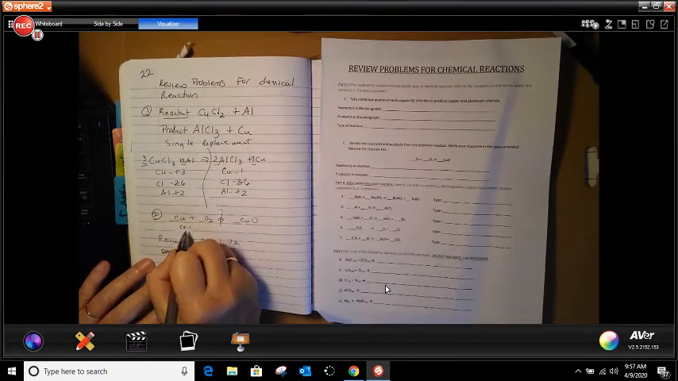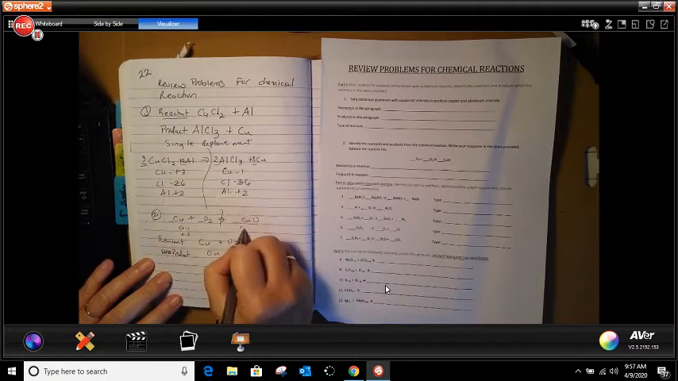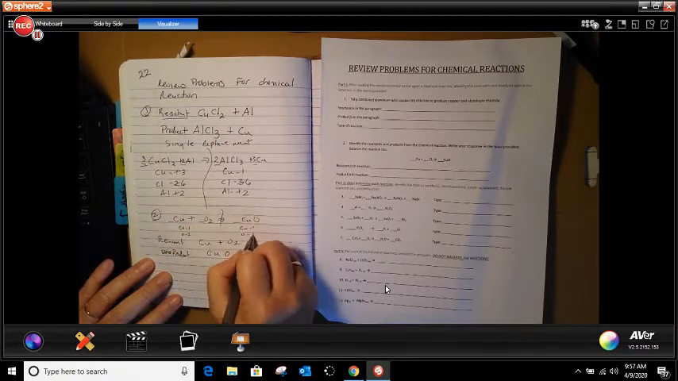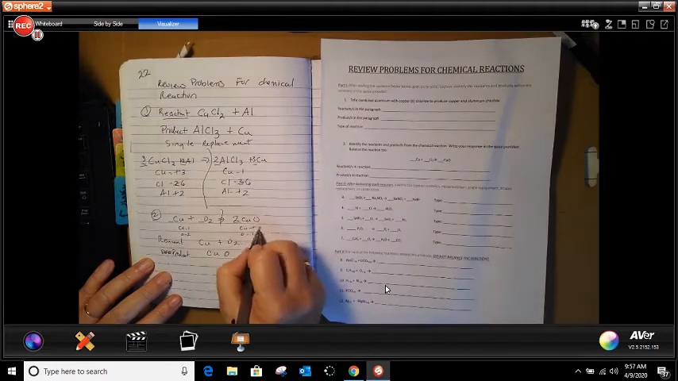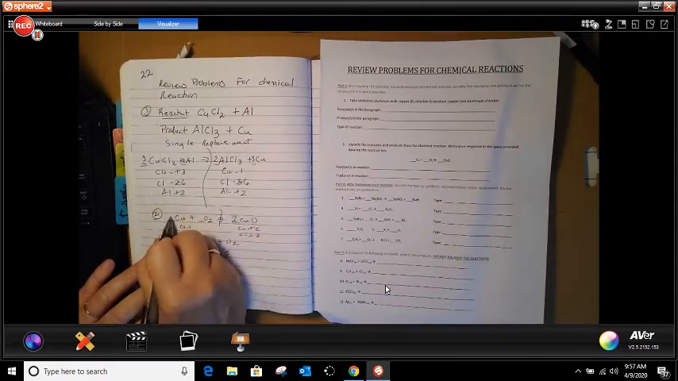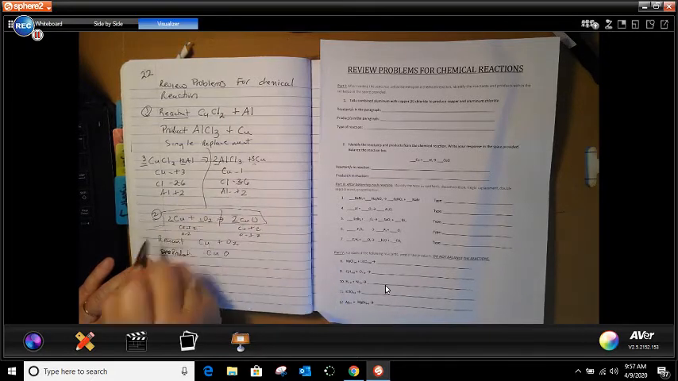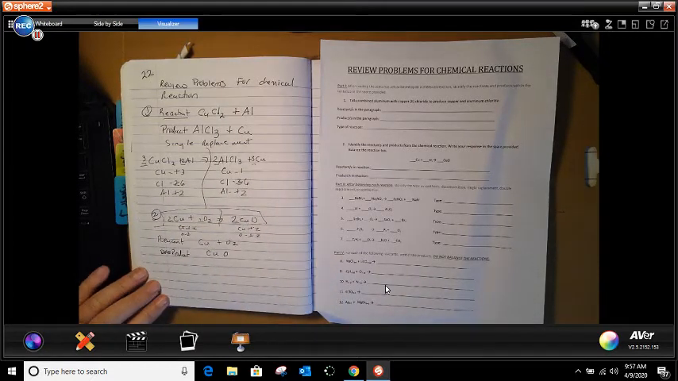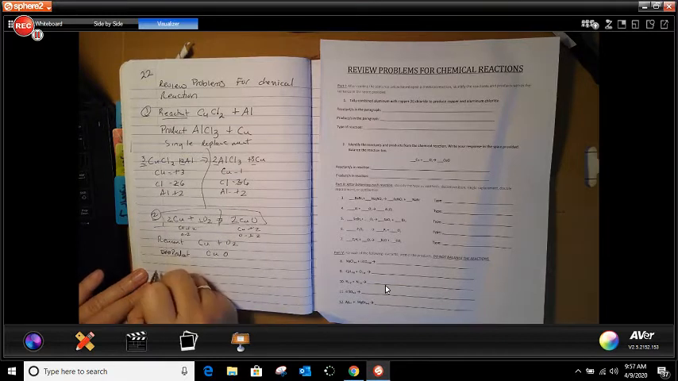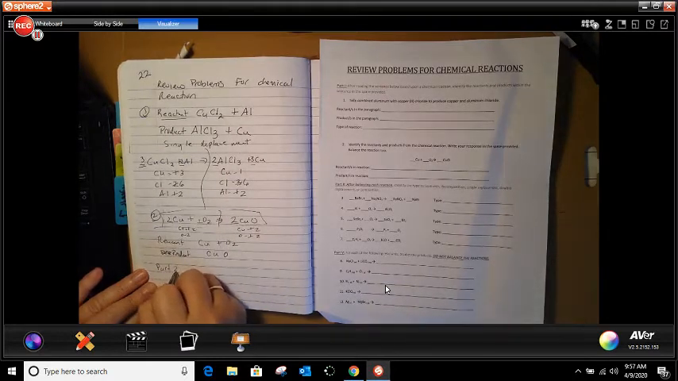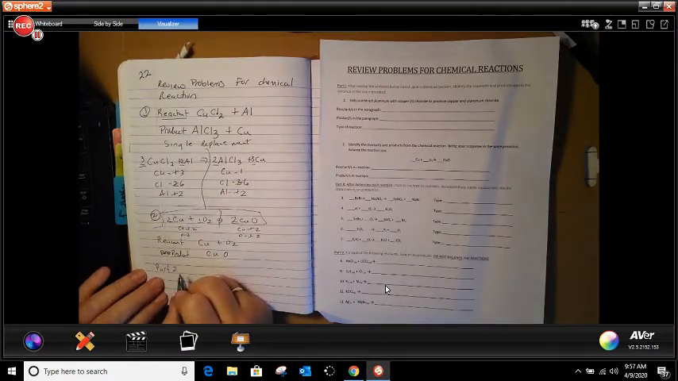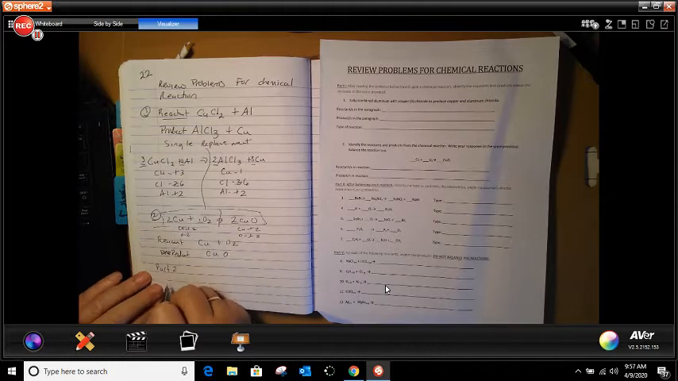Cu is 1, O is 2, Cu is 1, and O is 1. So if I put a 2 in front of that, that changes those to a 2. If I put a 2 in front of here, and now it is balanced. Okay, so part 2. It says, after balancing the reaction, write down if it is a type of synthesis, decomposition, single or double displacement. So I have